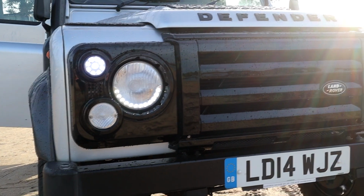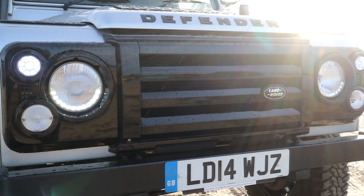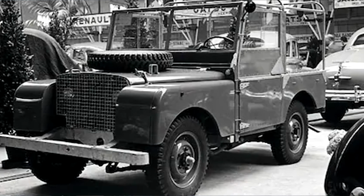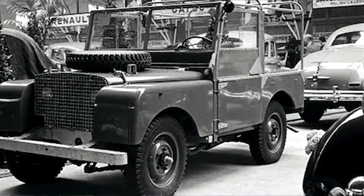But as for the 4x4 ability, it has remained largely unchanged, and any changes that have been incorporated have been purely to benefit its capability off-road. The Series 1 variant was originally introduced to rival the American Jeep. In 1948, the Land Rover originally launched at the Amsterdam Motor Show. It was a very basic vehicle with one task in mind: getting you off-road. It has since then, over the years, been developed and changed until what we have here, the final iteration of